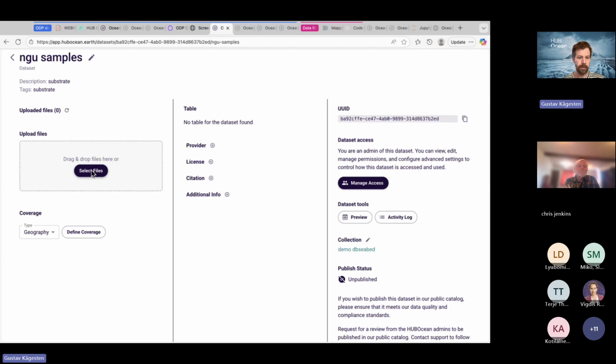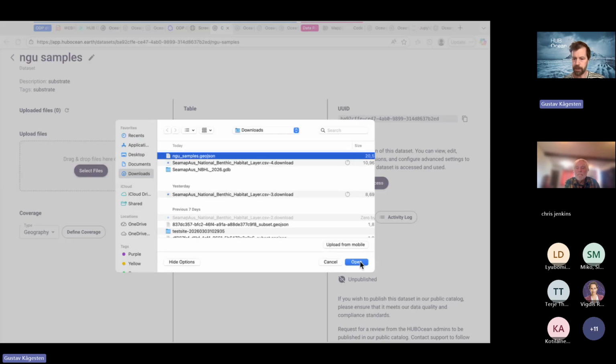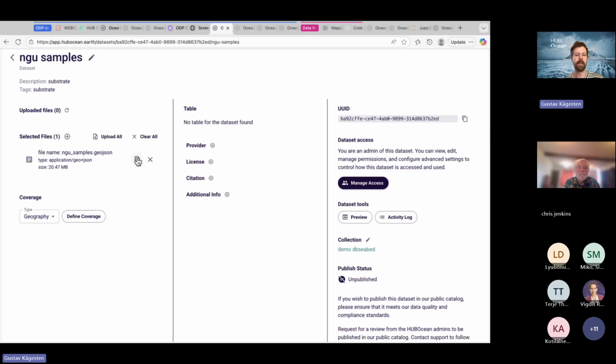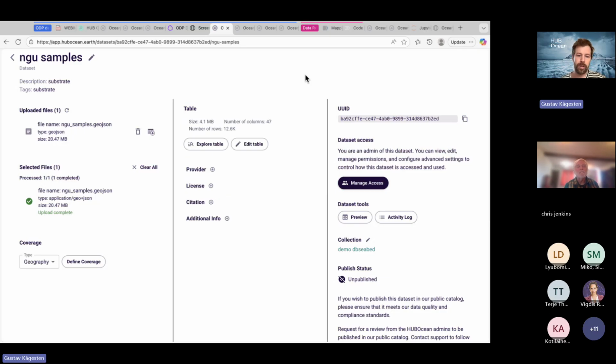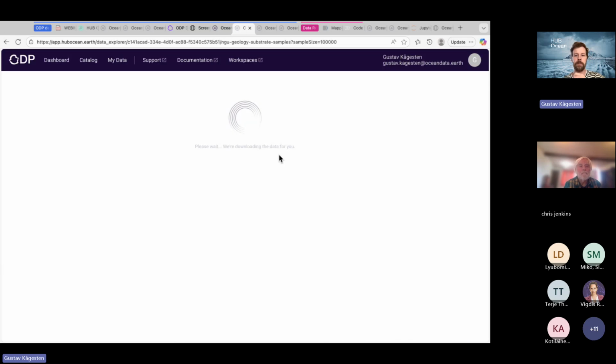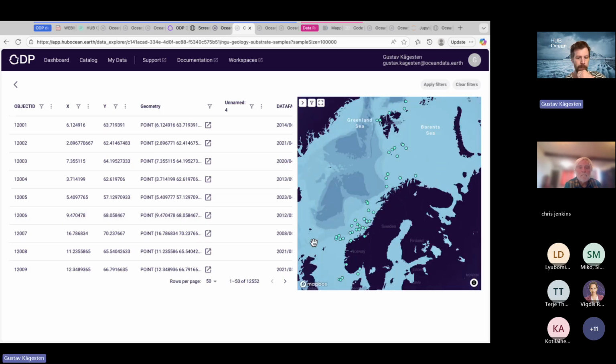So, okay, if we drag and drop a file, we can really drag and drop any kind of file. But if it's a CSV, a GeoJSON, or a Parquet or GeoParquet file, and we'll add more supported formats, the platform recognizes this as a vectorized data set, and we can ingest it as such. You can add any other kind of file you want as well, but now it actually indexed that data, and we can go and explore that table and have a look at what's inside.